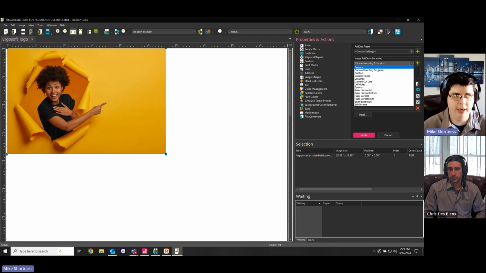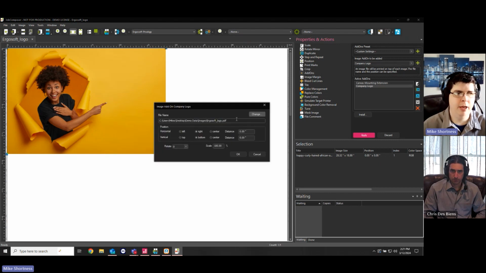But I also want to add a logo. So company logo, again, you have to hit the plus to add it, and it pops this up. Now you can change your image. You can hit change and change the actual image. We have our Ergosoft logo in here, and you can see there's positioning options. Where do you want to put it? The left, the top, the right, or the center. How far from the edge of the image? I'm going to do maybe 1 inch from the side and 1 inch from the bottom. And this image I have is large, so I'm going to make it 30% scale, and you can customize all that